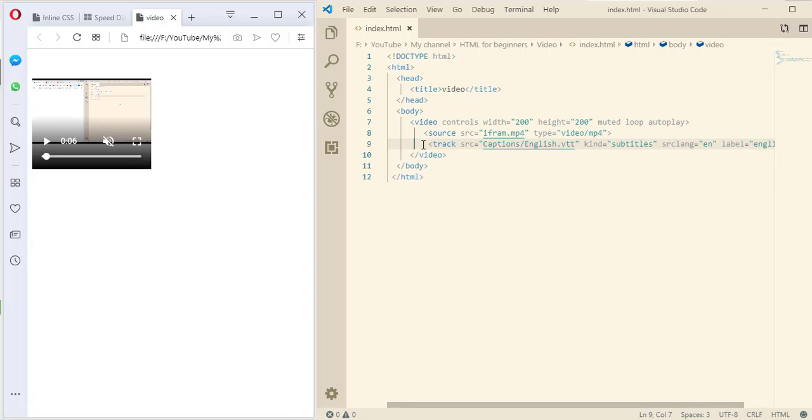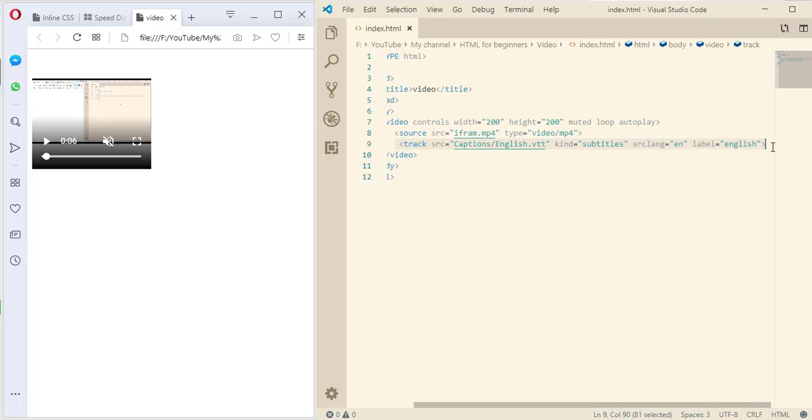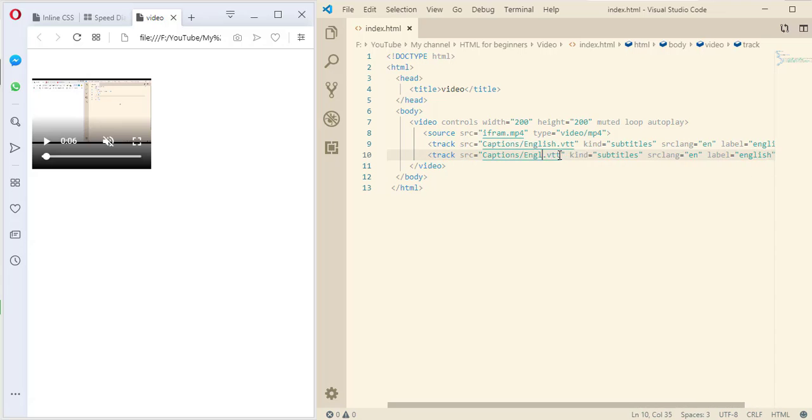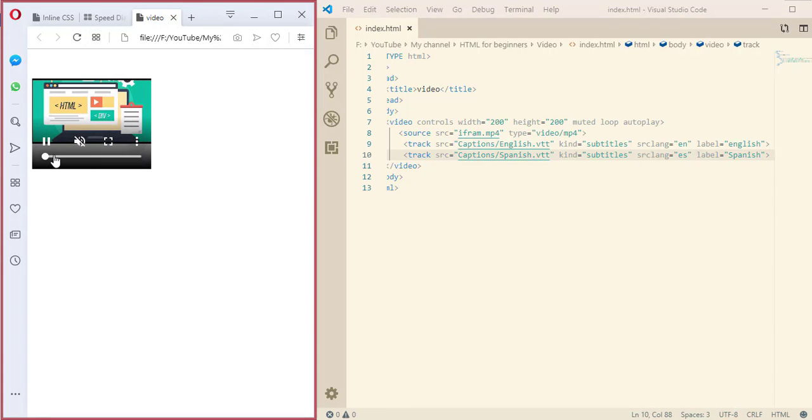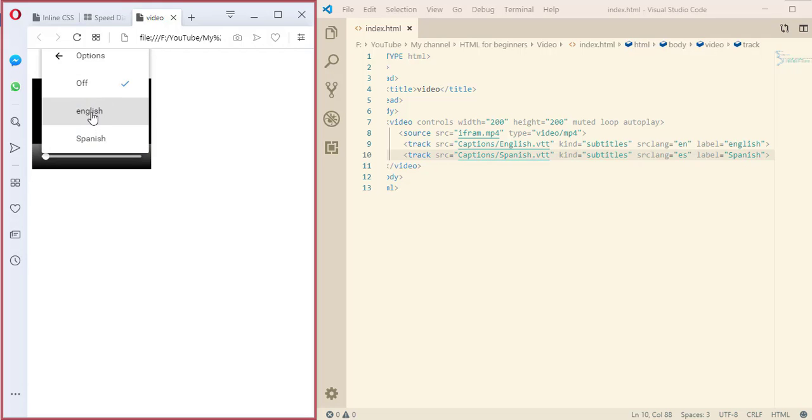Let's add the Spanish caption. So the same thing, and the srclang is es, Spanish. So now we can add a caption. This caption, maybe it's English or Spanish, any caption you can add,